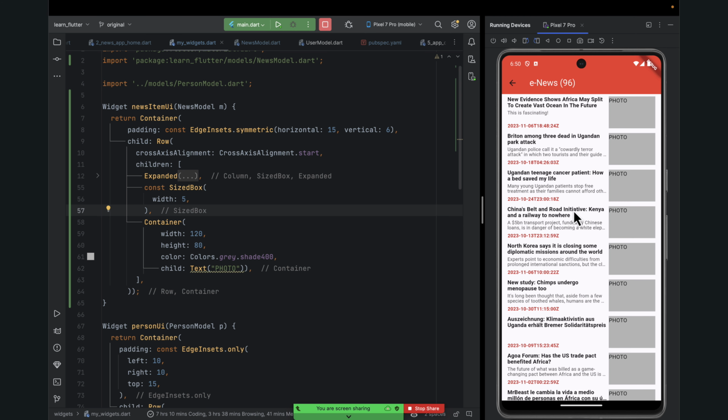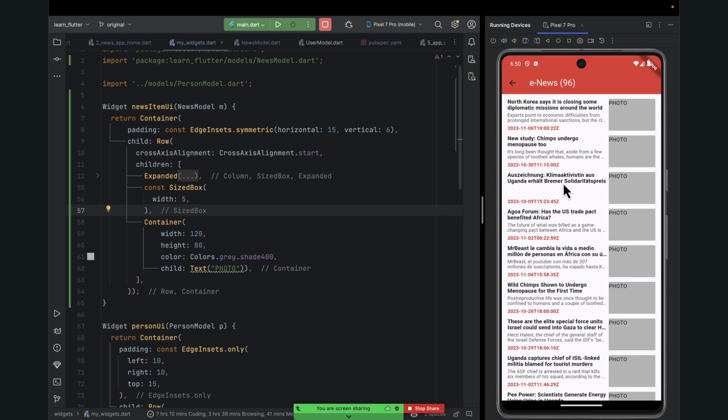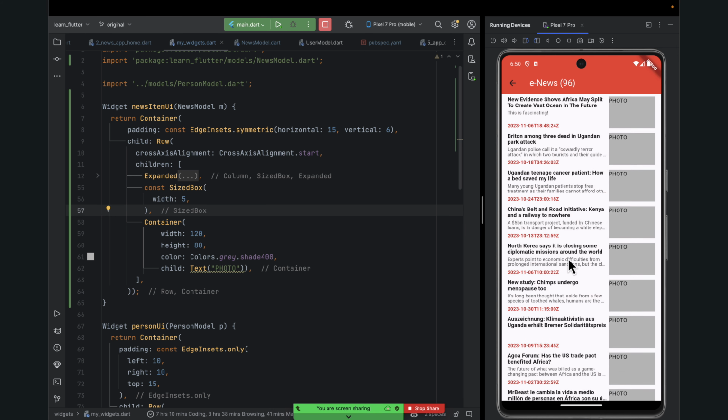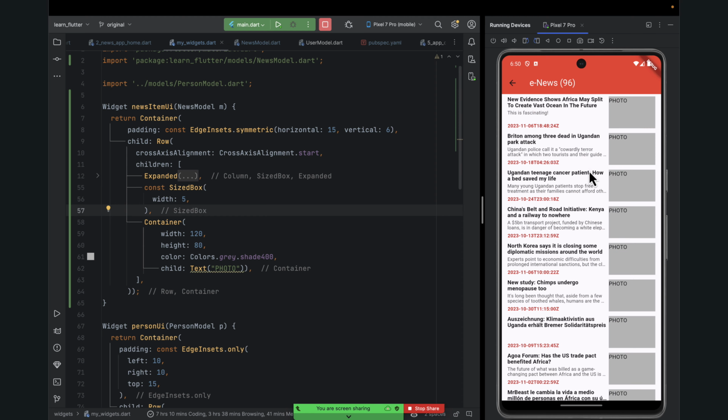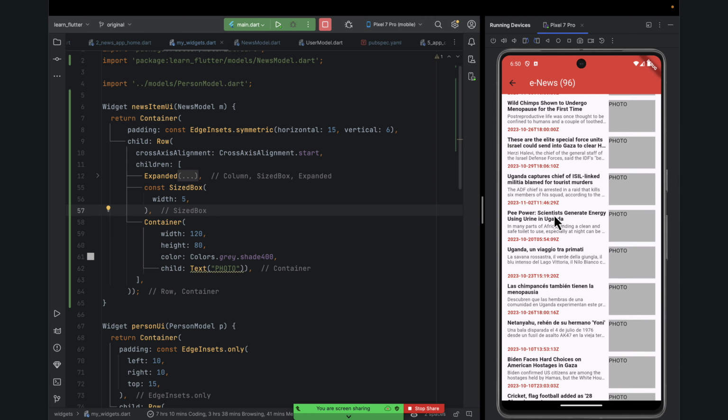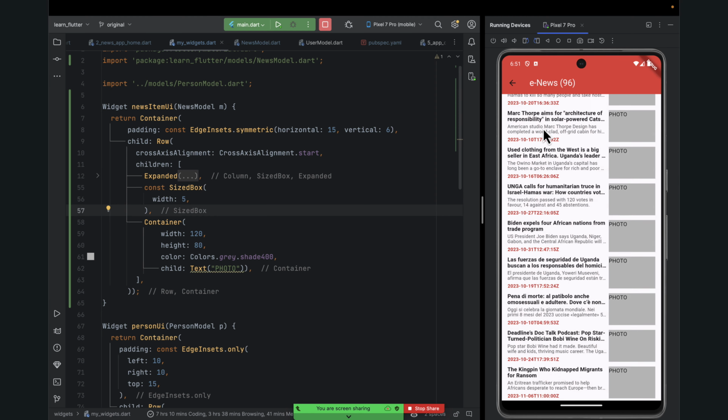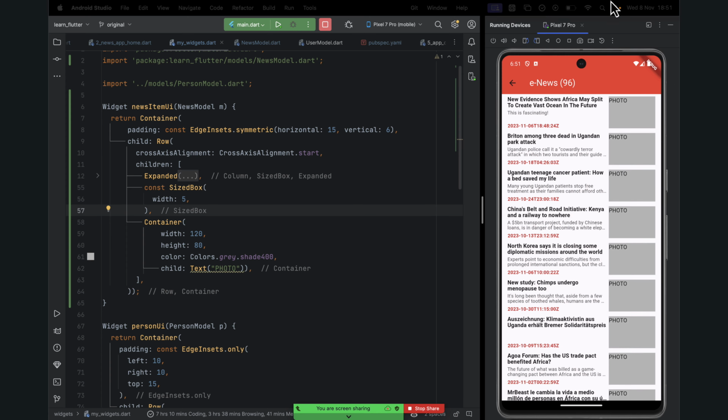I hope you guys are understanding. I hope you're getting the concept. Remember, this news application is 100% offline capable, in a way that even if you disconnect the internet, I'll still be able to see some news that I last loaded in my app. All right, let's pause and come back at